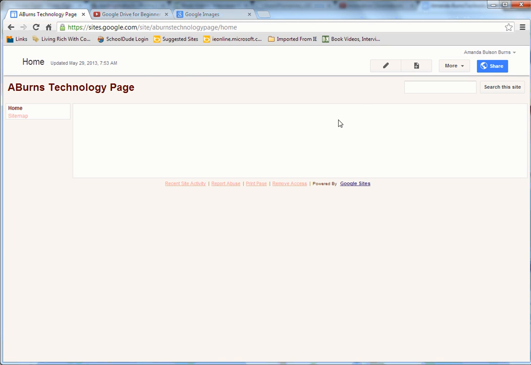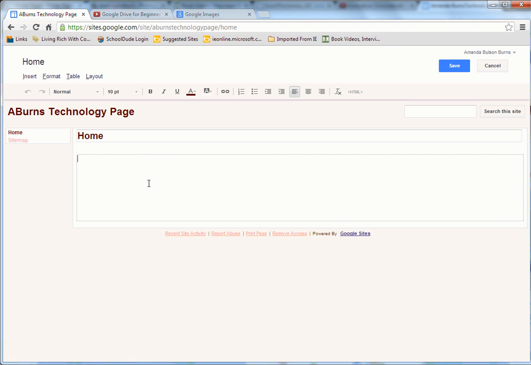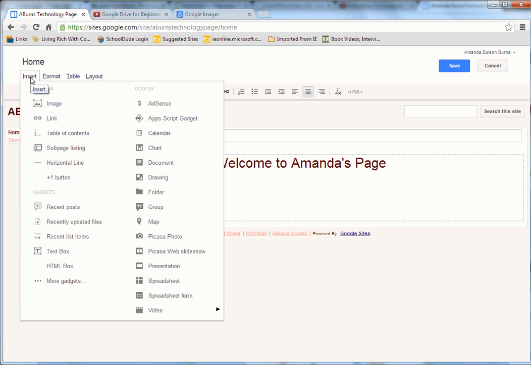Then to edit your pages, you're always going to click on this pencil icon. So I'm going to just center my text, pull this drop down to 24, and I'm going to keep the font colors that go with my theme. And we're just going to say, welcome to Amanda's page. Okay, let's hit the enter key,